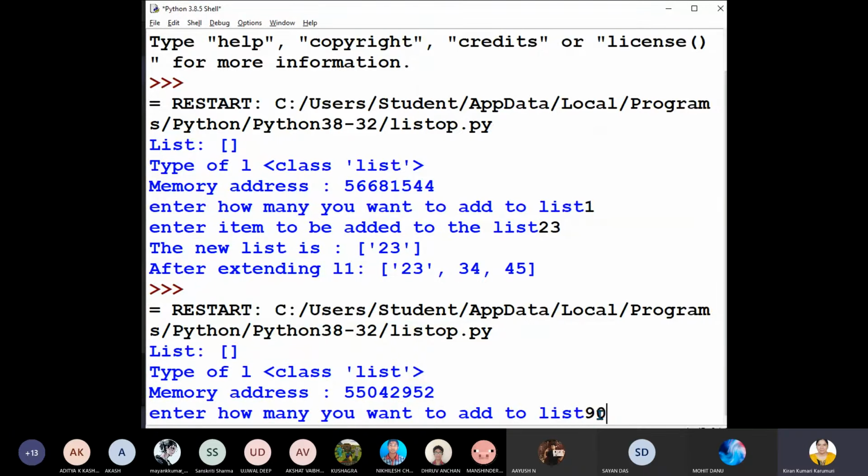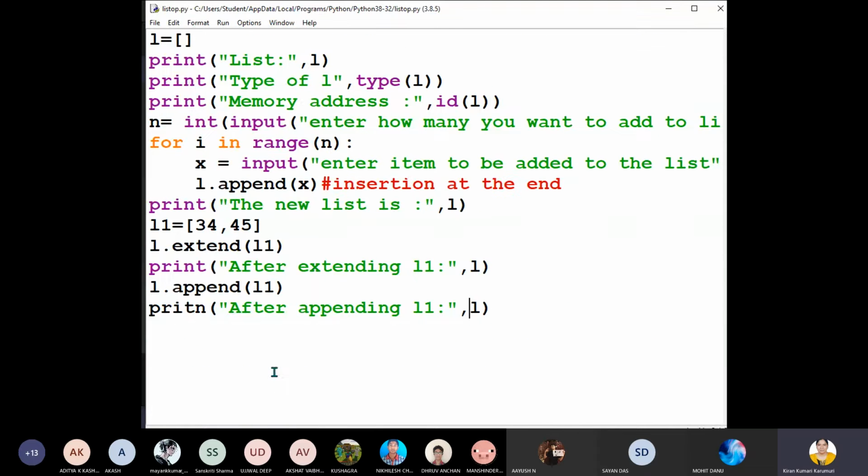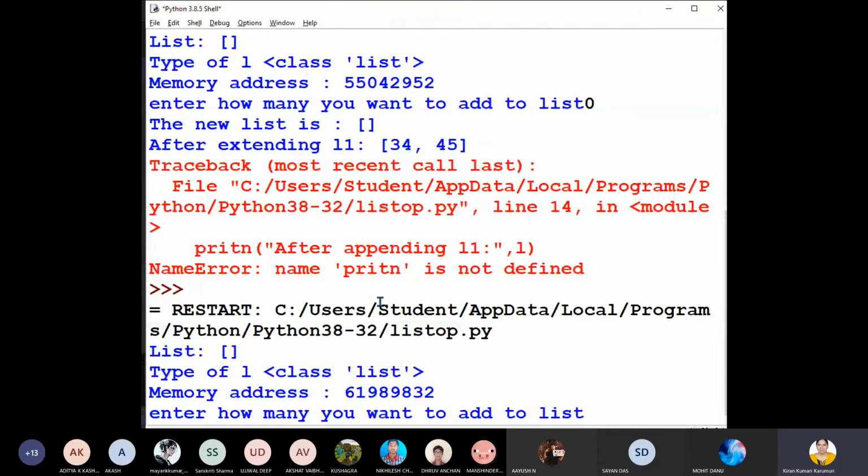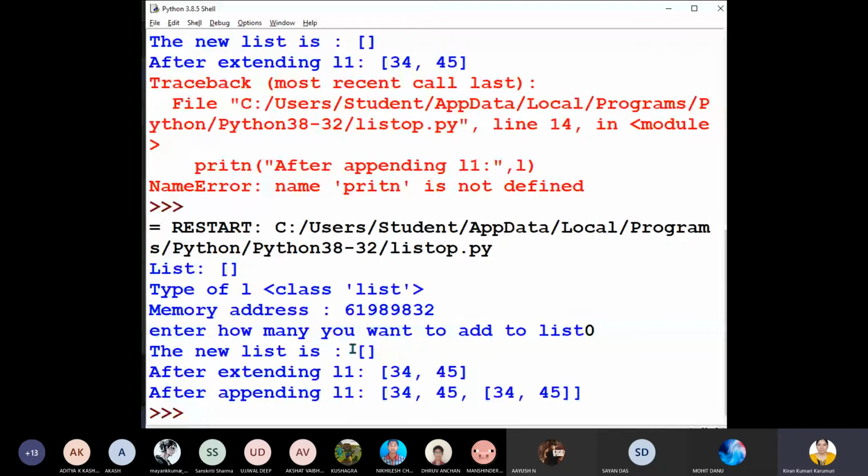Okay, 0 items I am adding. I am not adding any items. Print spelling mistake, typing error. Now you can see how many you want to add, 0. So now the new list is empty. After extending, it has become 34, 45.